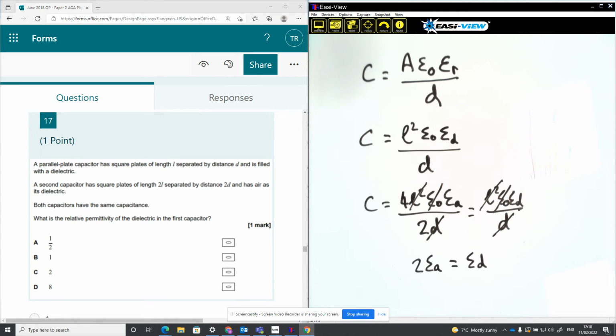So in the first capacitor, we're interested in the dielectric, and that is 2 times the permittivity of the dielectric in the second situation. Get that the right way around. Relative permittivity in the first capacitor, so that's the first capacitor, which is the D value, and it's twice that of